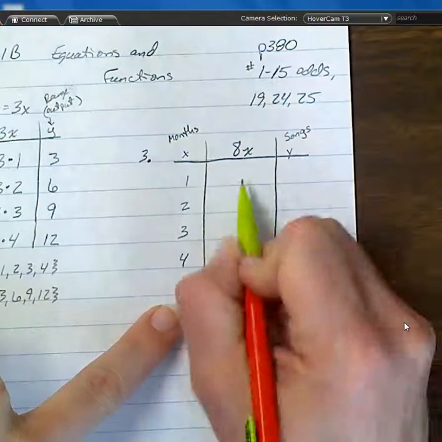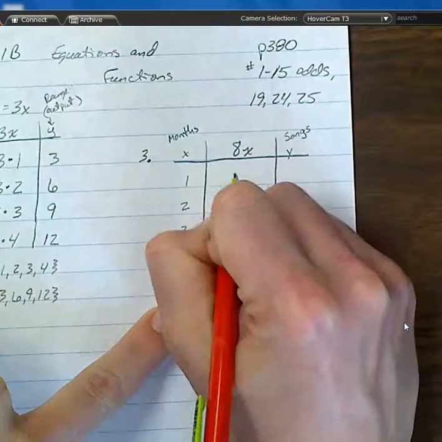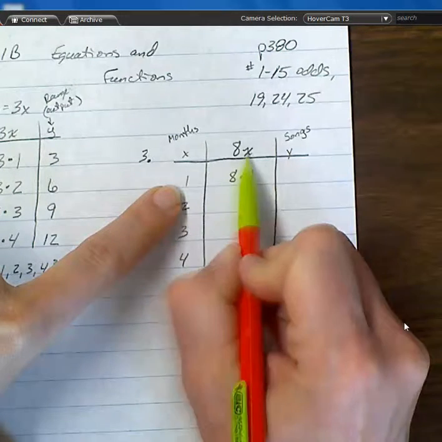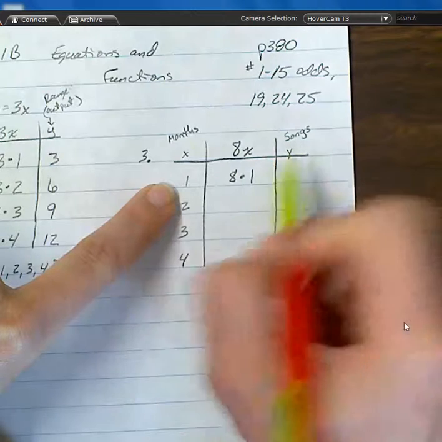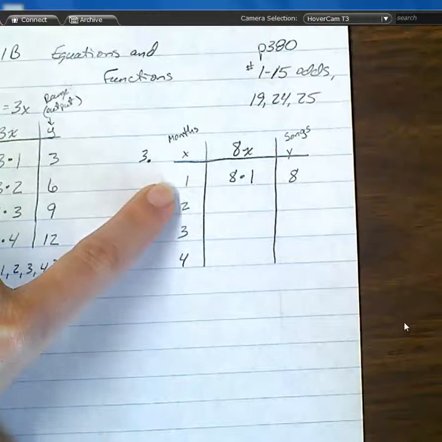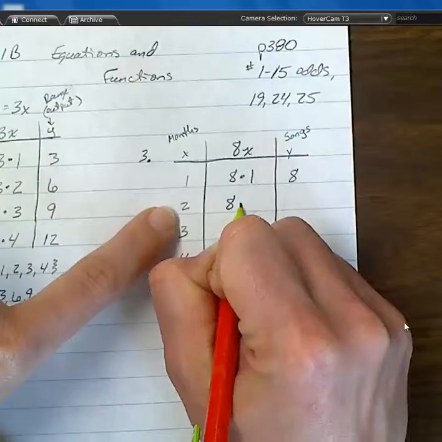How do I fill out the middle of the function table again? Just go from the input 1 and put 8 times 1. Good, because my x value for this row is 1. And 8 times 1 is 8 songs. Because after 1 month, I would have downloaded 8 songs. That makes sense in terms of the situation. The next row is 8 times